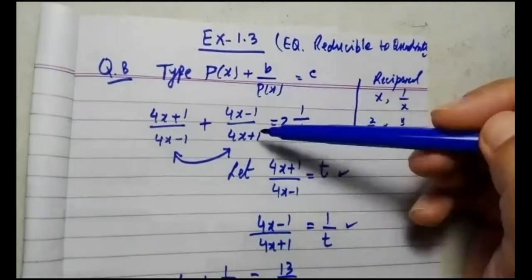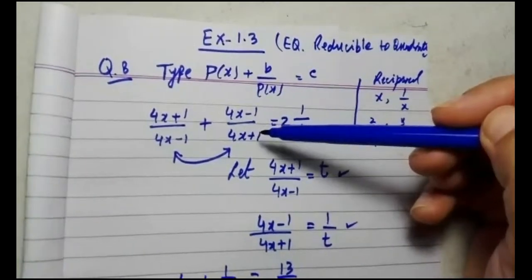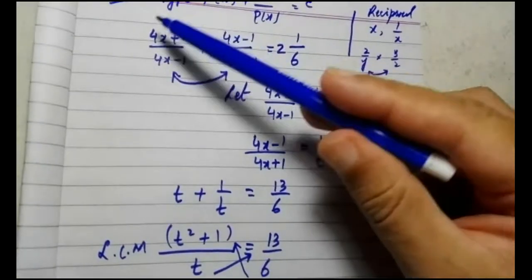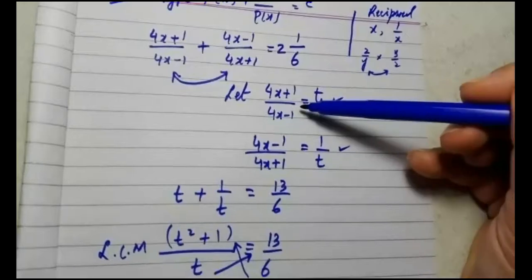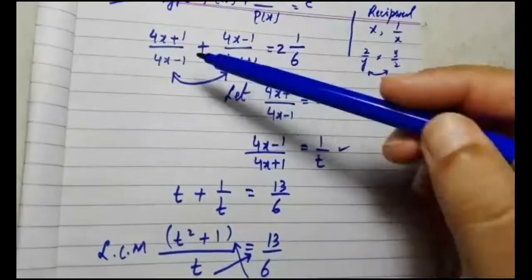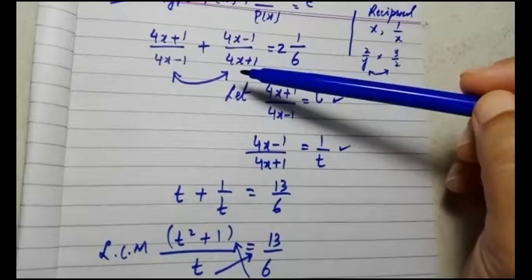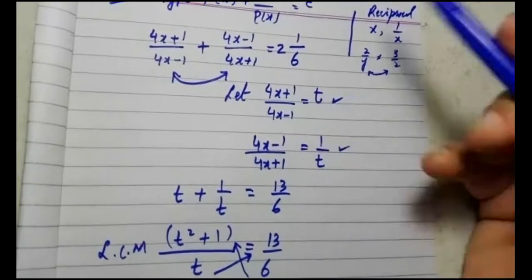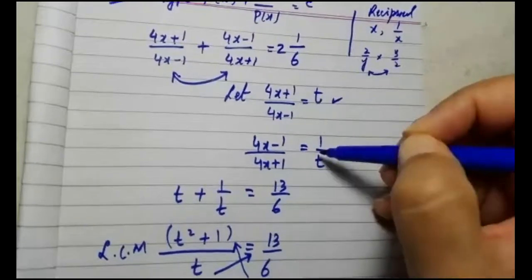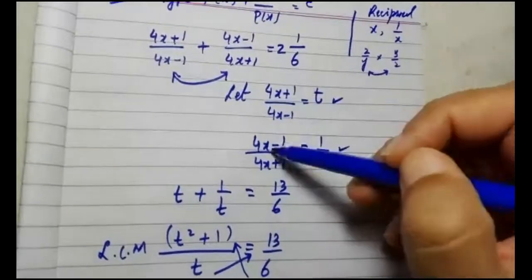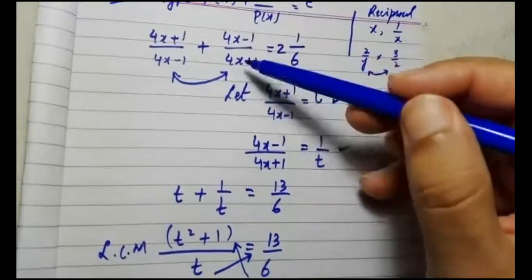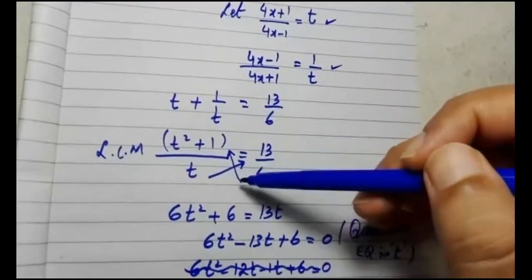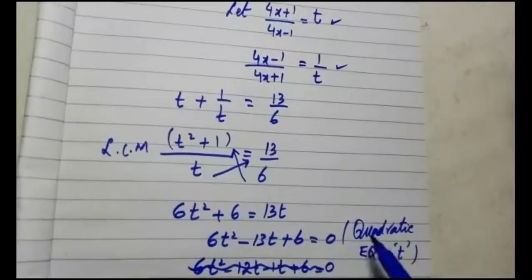We have converted this equation into a quadratic equation by supposing this part as some variable t, and then we have taken its reciprocal, because in this type of question one term is the reciprocal of the other. If we have taken the first term as t, then taking the reciprocal it will become 1 over t, and this term will be turned over. By substituting t and 1 over t, then taking the LCM and doing the cross multiplication, you will reduce the equation into this quadratic form.